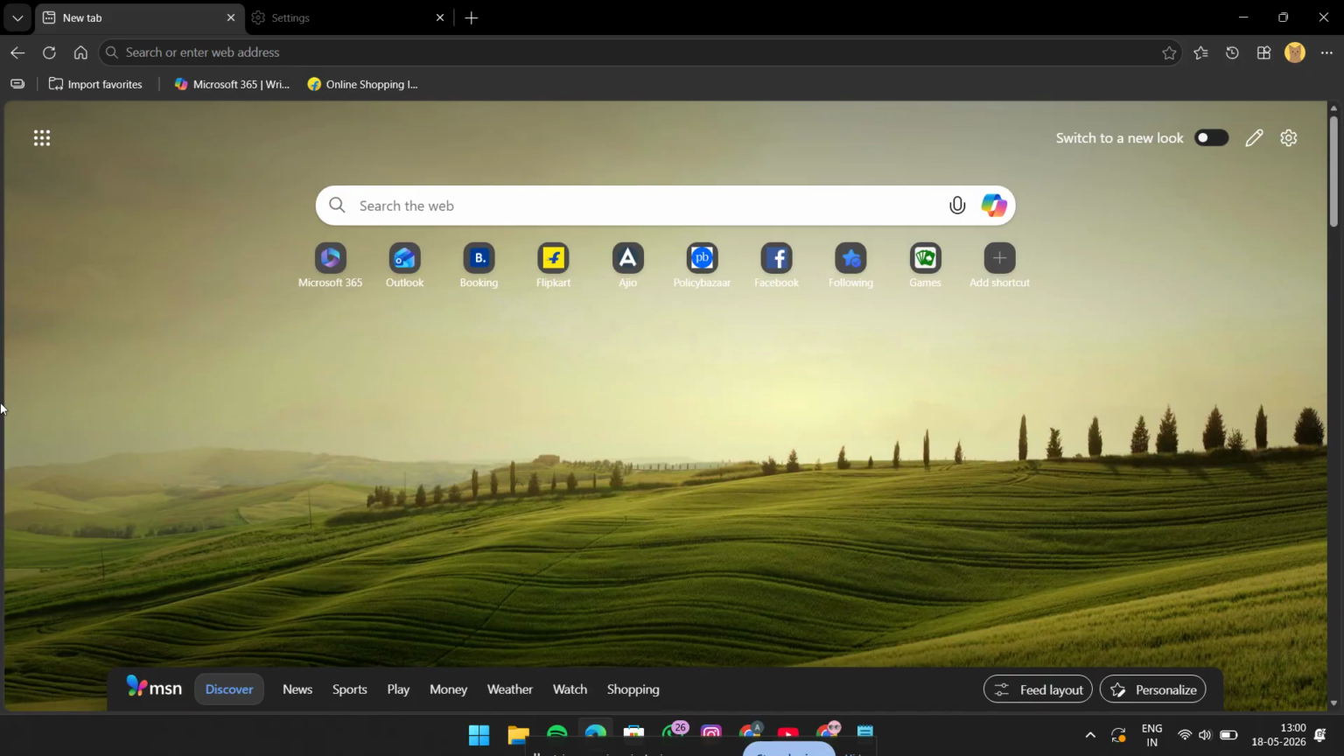And that's it. You've successfully turned on the weather card in Microsoft Edge. It only takes a few clicks, but now your browser homepage is a little more helpful every time you open